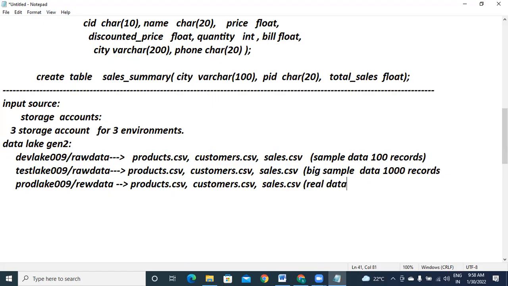Understood? That means complete data. You are not going to work with sample data because that is the production environment. Got it? Now,